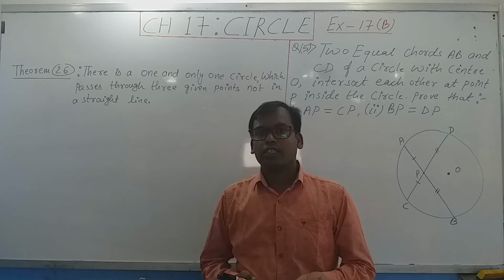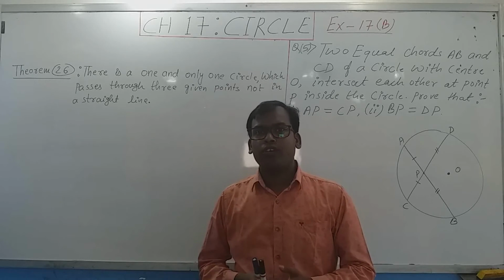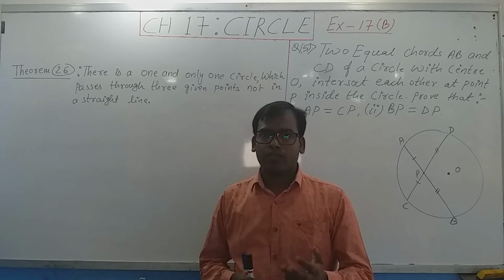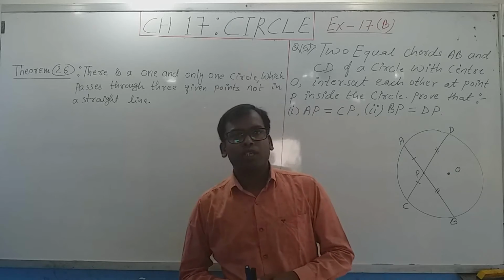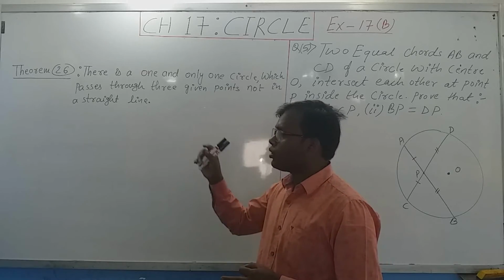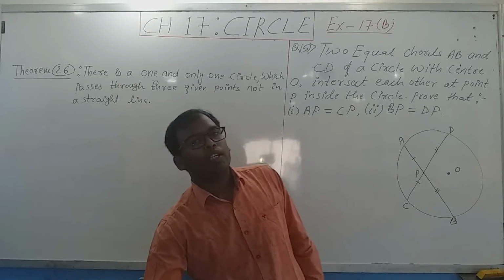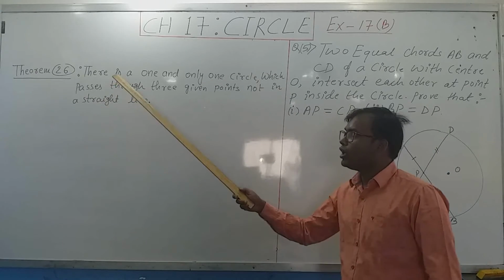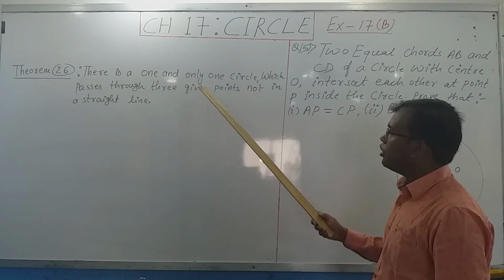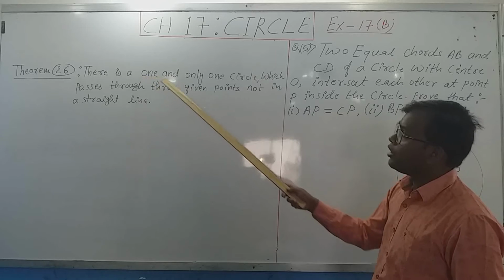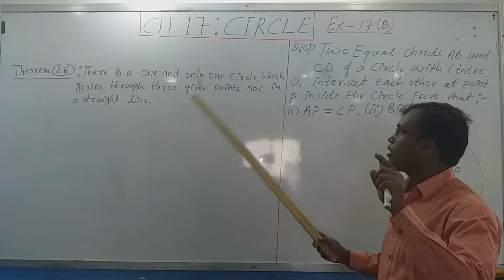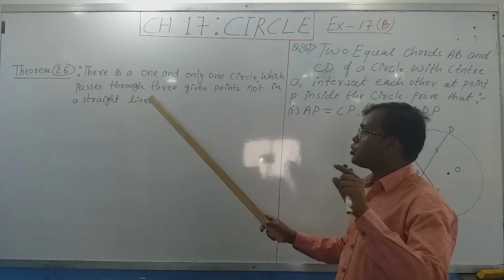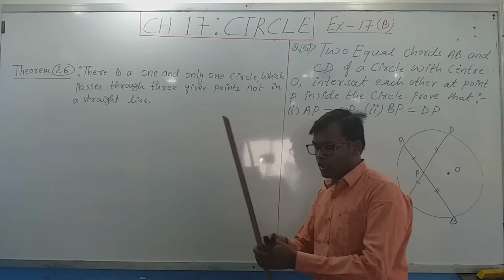In the last classes we have seen and proved up to theorem number 25, and now today I am going to prove theorem number 26. So first, all of you read theorem number 26 carefully. There is one and only one circle which passes through three given points, provided